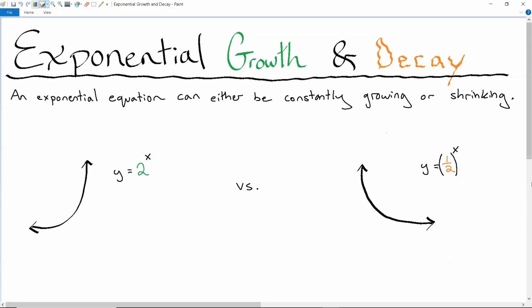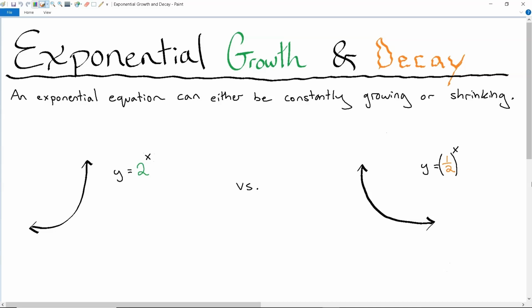Right, welcome to another video. Today is all about exponential equations, and we're going to be going over a couple of growth and decay questions to help you understand how we can set up word problems as equations in order to help us solve for